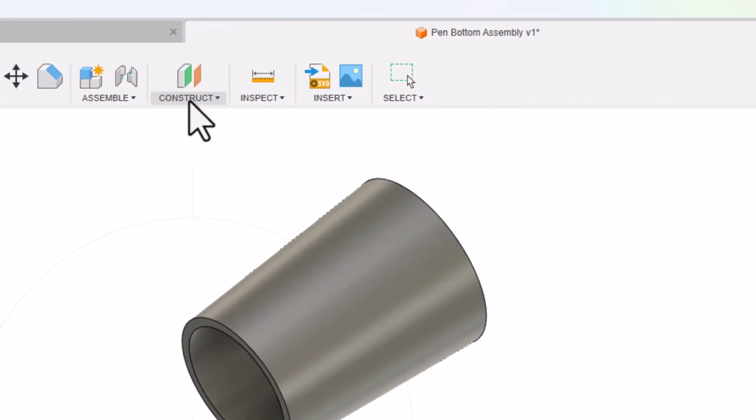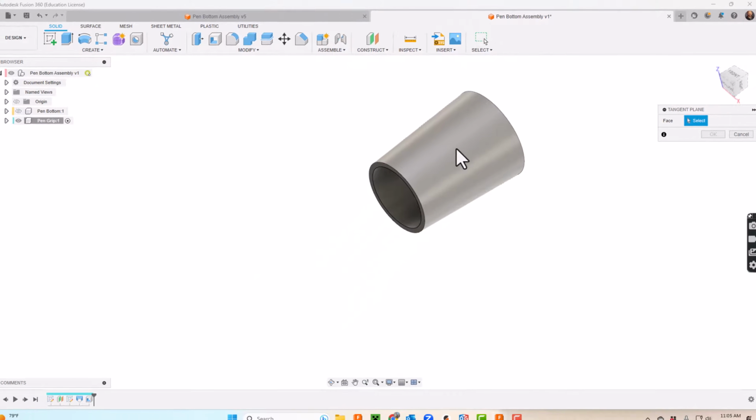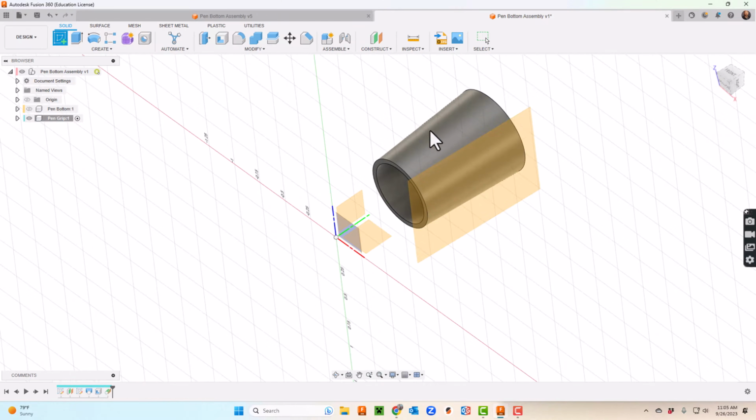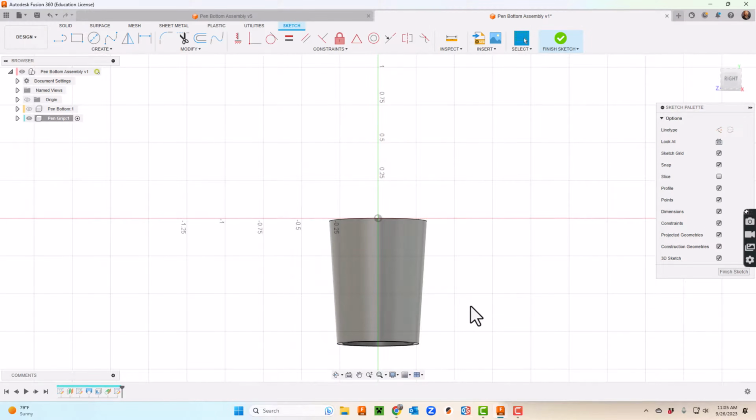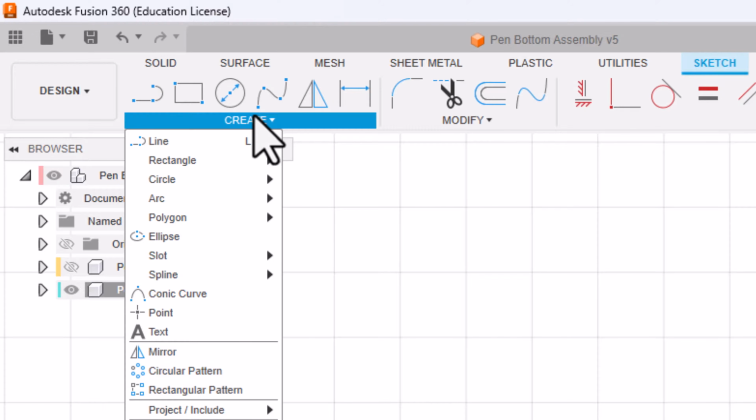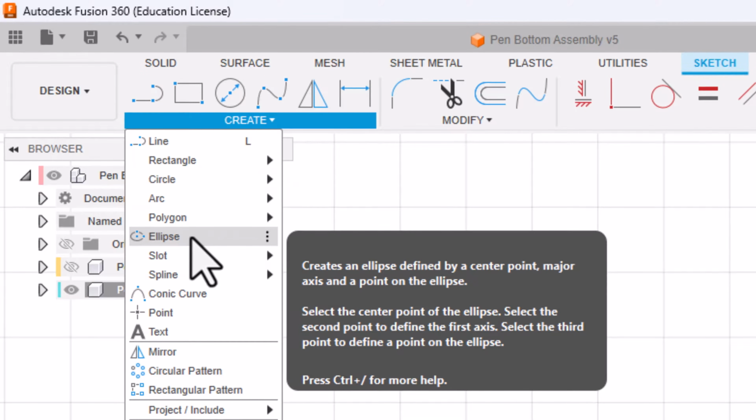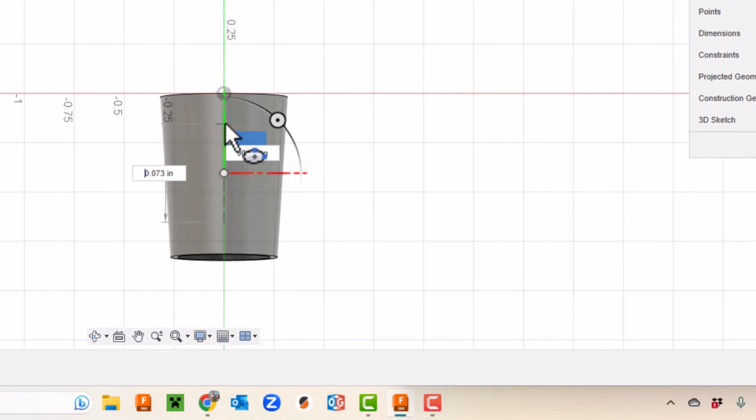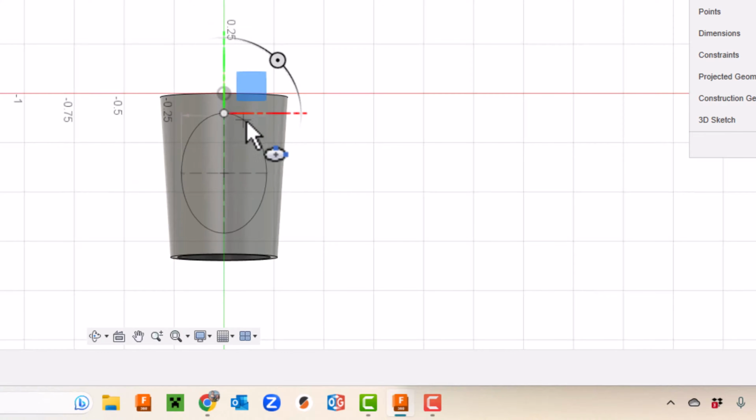I'll go up to construct and say tangent plane and just click the side of the grip and click OK. I'll do a new sketch here on it, and I'm going to choose an ellipse. So create and go up to ellipse, and I'll just kind of start in the middle. I'm just eyeballing here. I'm going to draw a straight line and then move it out,